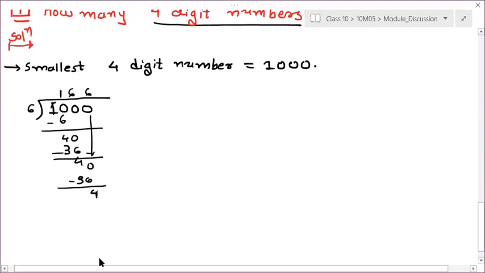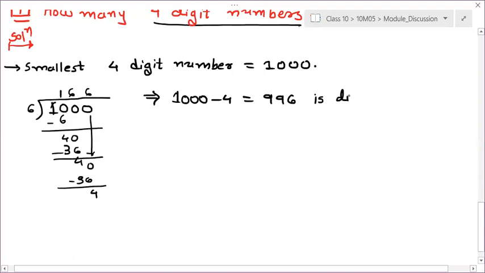So if remainder is 4, what is its meaning, students? That means if you are dividing 1000 by 6, it is having 4 extra. Right? मतलब उसमें 4 extra है. So the next number which is divisible by 6 is, now see over here. From here, understand this concept carefully. Implies 1000 minus 4. If I am subtracting 4 from it, because it is having 4 extra, so it is your 996.